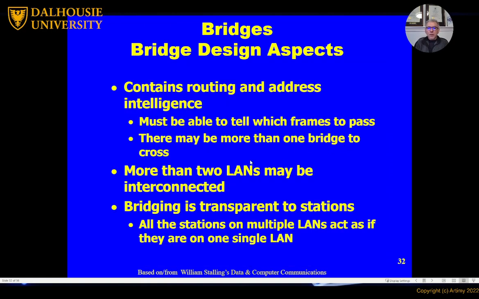So now we have something called a MAC table, or here the slide says routing intelligence.